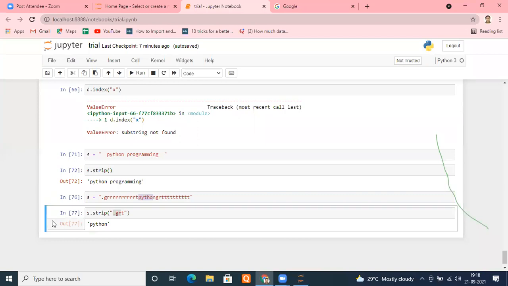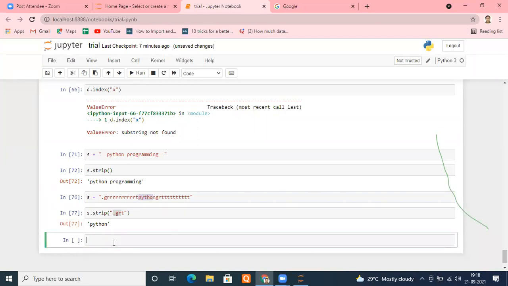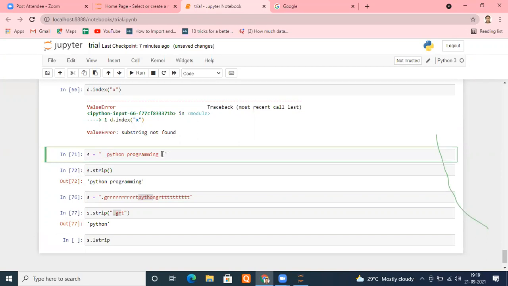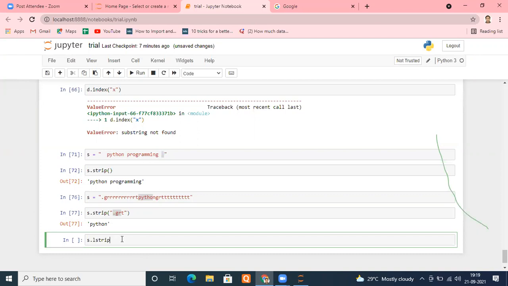Similarly, there is one more function known as s dot lstrip, left strip. Whatever the strip function was doing, removing things from the left hand side and right hand side, you can understand what lstrip will do. It will remove the things only from the left hand side.